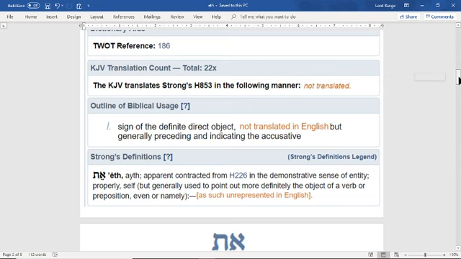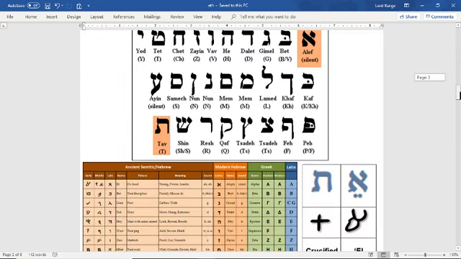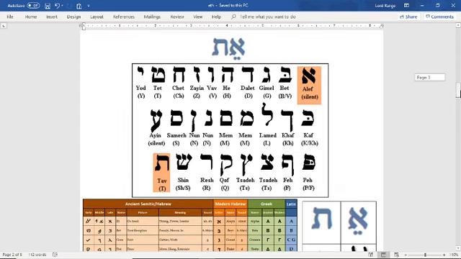So again, what we're focusing on, we'll try to figure out, is what does this word mean? And the first thing we're going to do to figure that out is look up the Hebrew alphabet and figure out which letters they are in the Hebrew alphabet. And I already did that for you. This is the Hebrew alphabet. It is the Aleph, which is the first letter in Hebrew, and the Tav, which is the last letter in the Hebrew alphabet, the first letter and the last letter of the Hebrew alphabet.